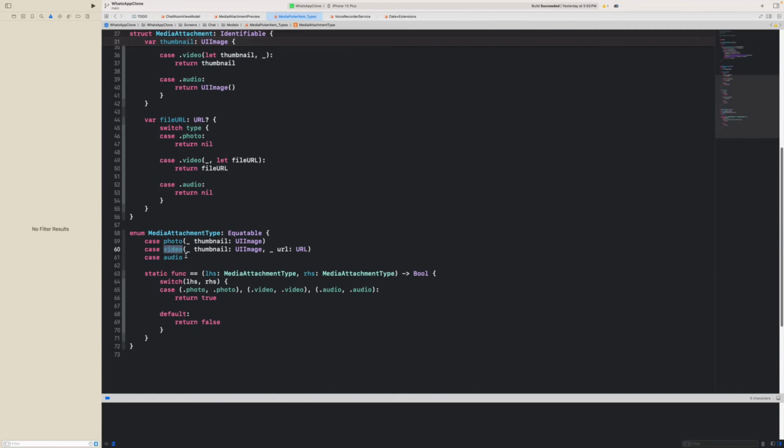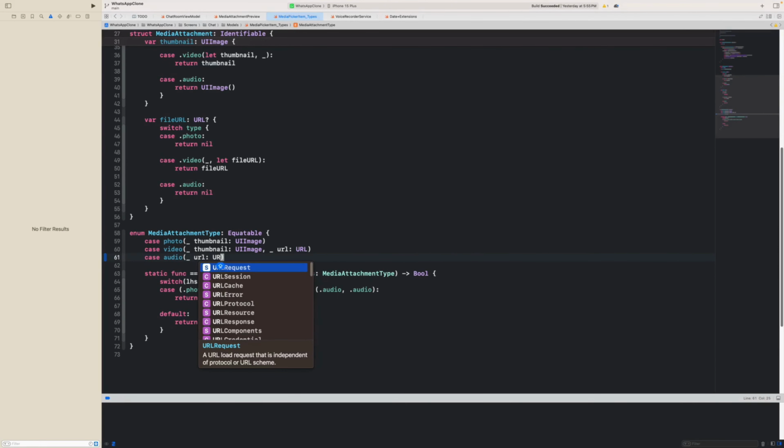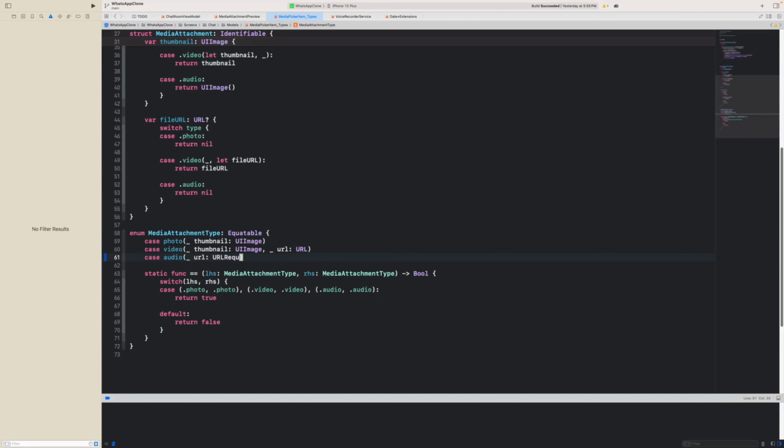Just like we did with the video that allows us to play a video, I would like for us to do something similar right here. I'm just going to go right ahead and add an audio URL associated value. I'm just going to call it url, and it's going to be of type URL, not URLRequest, URL. I might as well also add a duration, and you're going to see why we need the duration when we are about to upload the voice message